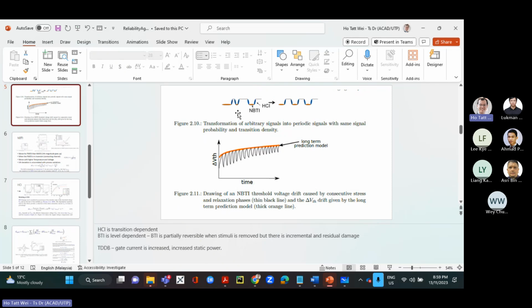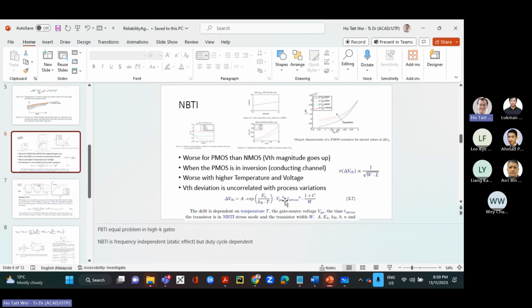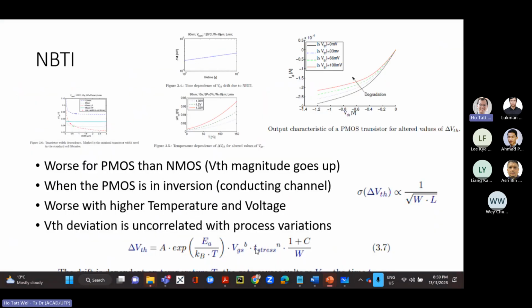So you can make those arguments that way, and then estimate how often the transitions happen, the activity factor. If there are more frequent transitions, then you scale that approximately. But this is just to show you how to estimate that time of stress, this T stress. And then this is the power of B, this power of N, you're taking the power of this. And you can check that paper to see how to get that estimate.